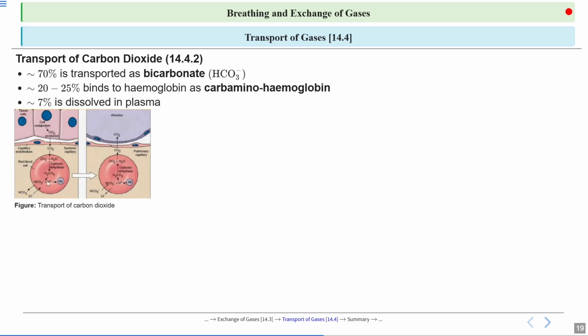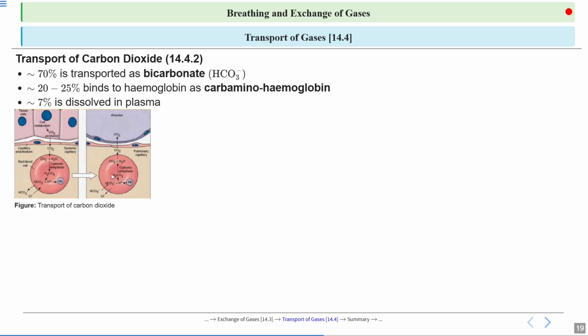And to maintain the balance, the chloride ion is taken inside, because chloride ion also has one minus charge, so it enters inside, right? So in this way the carbon dioxide is transported, but once it reaches the alveoli, the bicarbonate is again taken back, chloride is taken out,